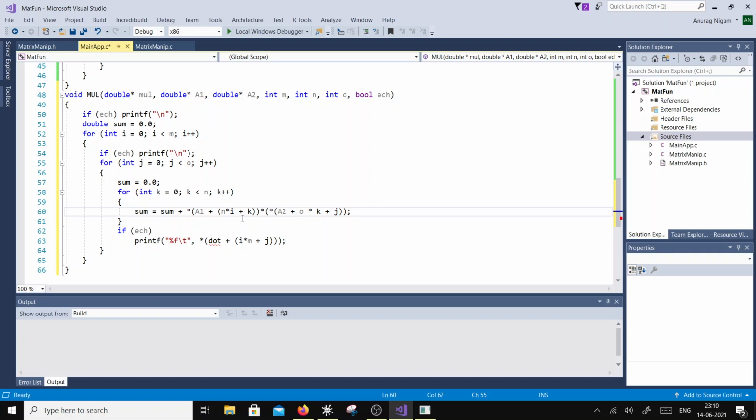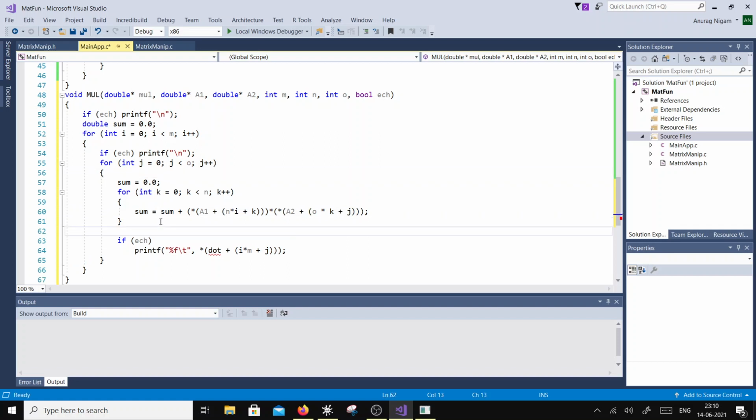So I think this is correct, but I'll keep this in its brackets, and this one in its own brackets. Okay, so at the end I will assign this sum to the output. In this case the output is going to be inside multiply